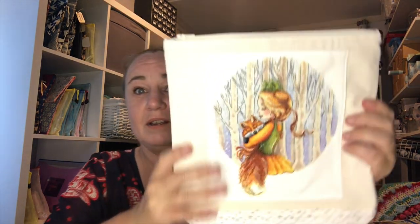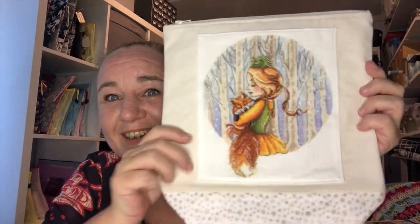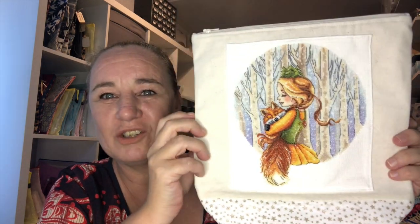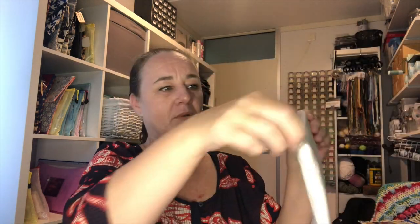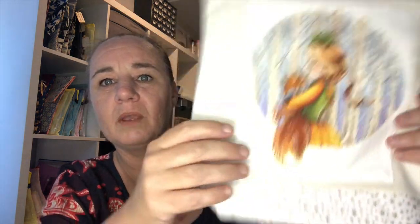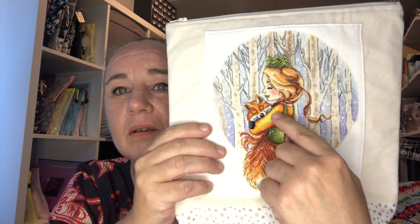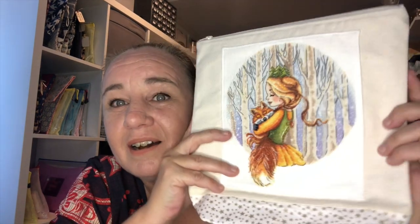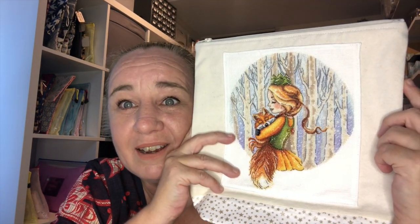I'm going to show you. Look at this. It's Debbie with the fox. What do you know? This is beautiful. It's a flat bottom project bag with a zipper on top with just, I don't know if you can see it because the light, yeah. It's just the same fabric that is on the bottom, but this is stitched by Deborah, I think. I'm assuming,